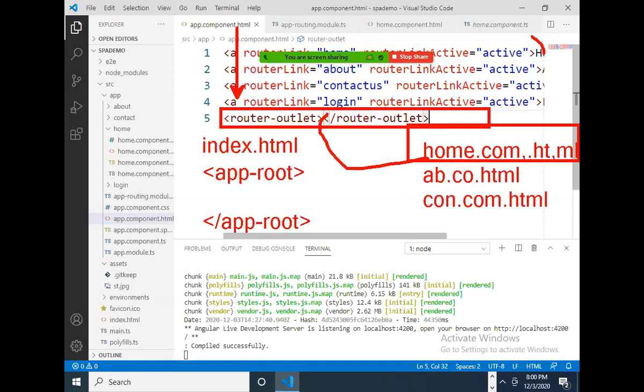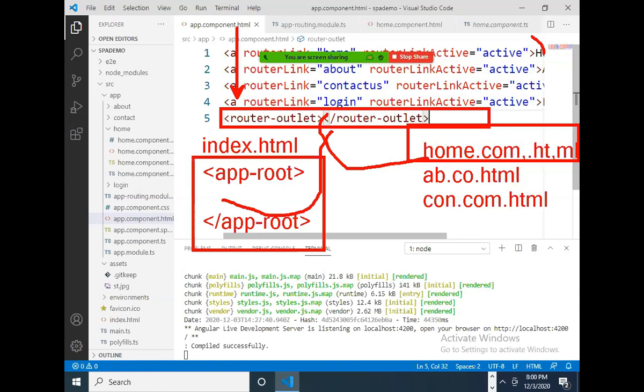Whatever modifications are done in the router outlet will automatically apply to app-root. There is a watch and observe mechanism: the Angular framework will watch, and if any modifications are done, it will render that output within app-root.